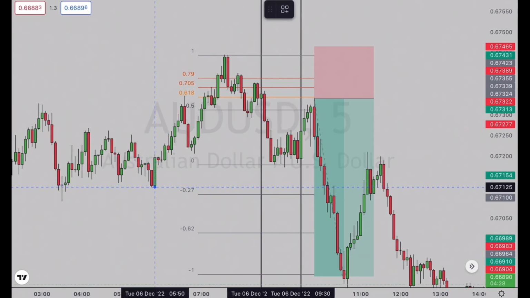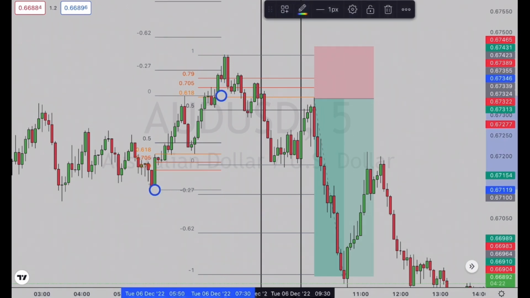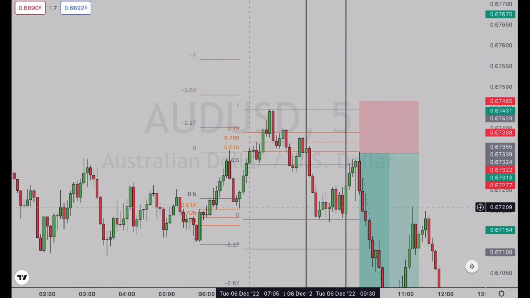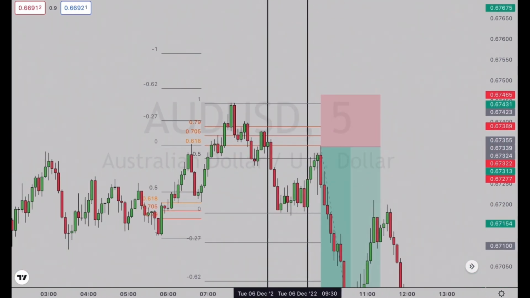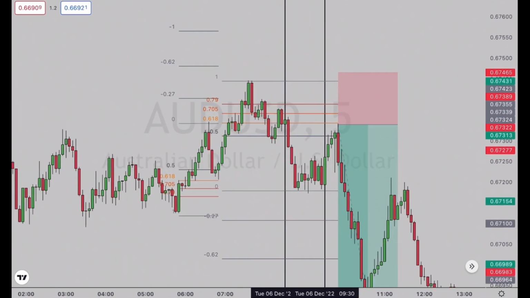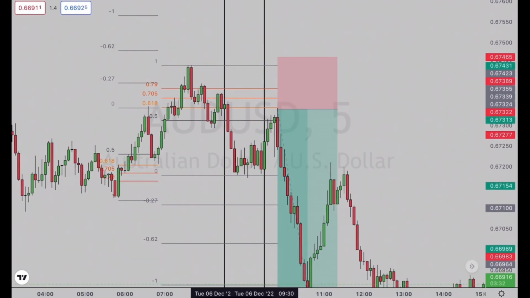You could also say that we have an optimal trade entry right here, right? That's an optimal trade entry. Price comes back down from a retracement, touches the 0.618 level and rallies. I mean, even if you took this trade, you would have reached your second take profit, which is great, but keep in mind that our bias is bearish, and for that reason we are not looking for buys, we are looking for sells.